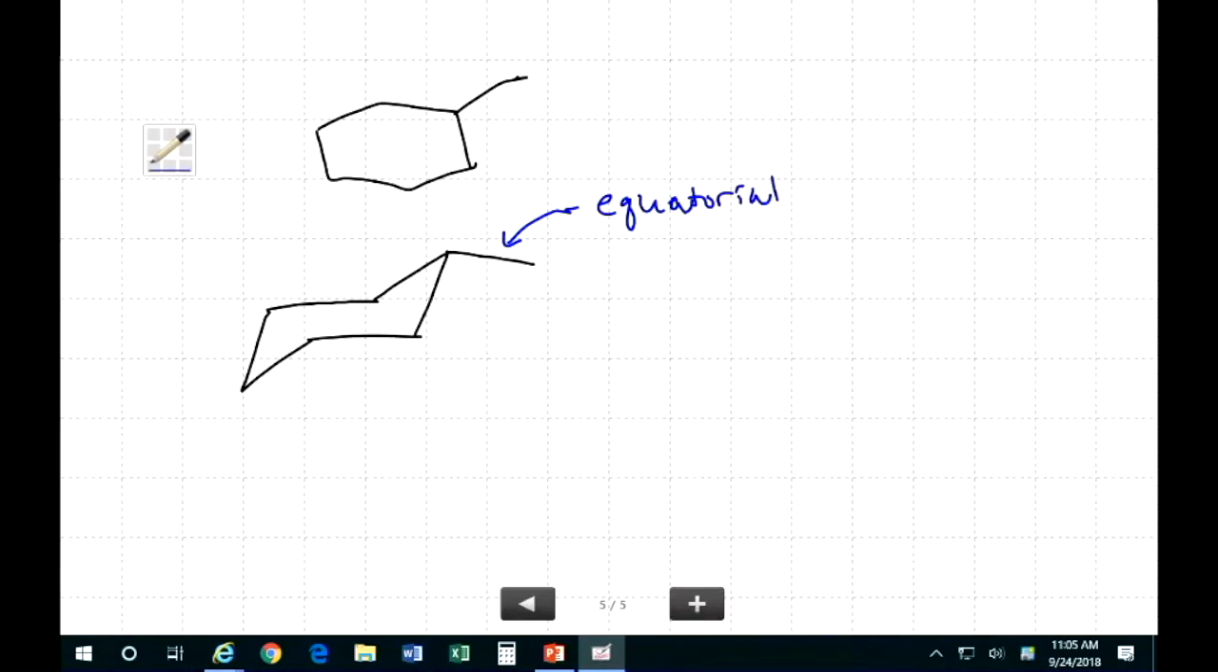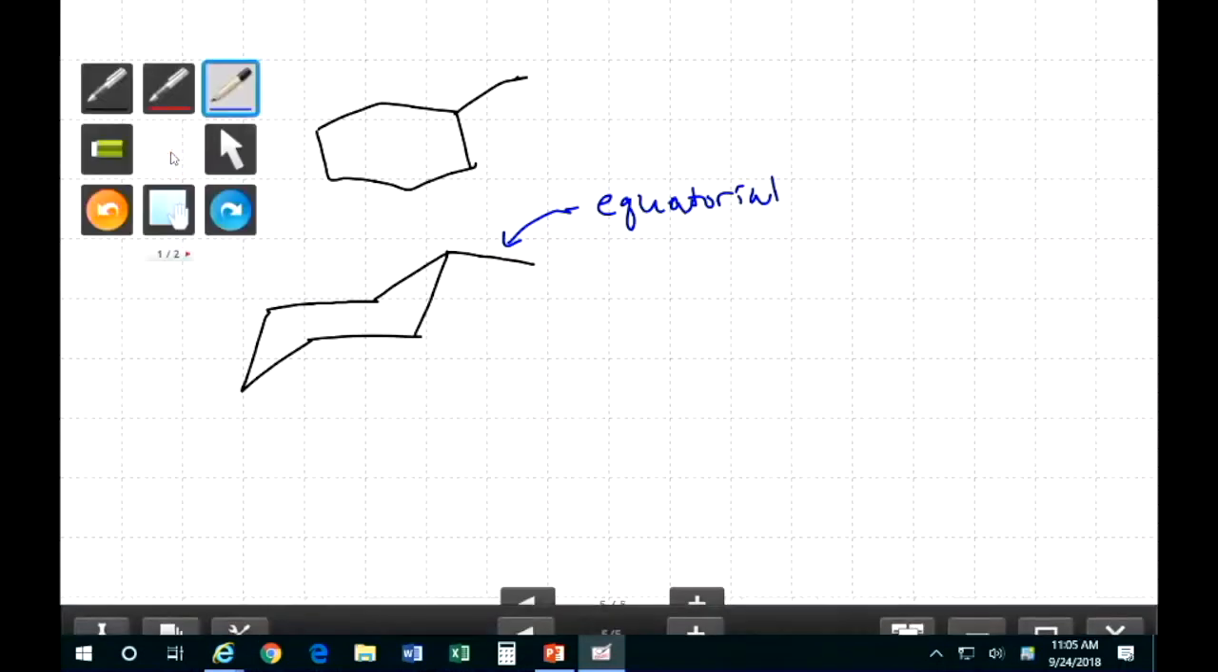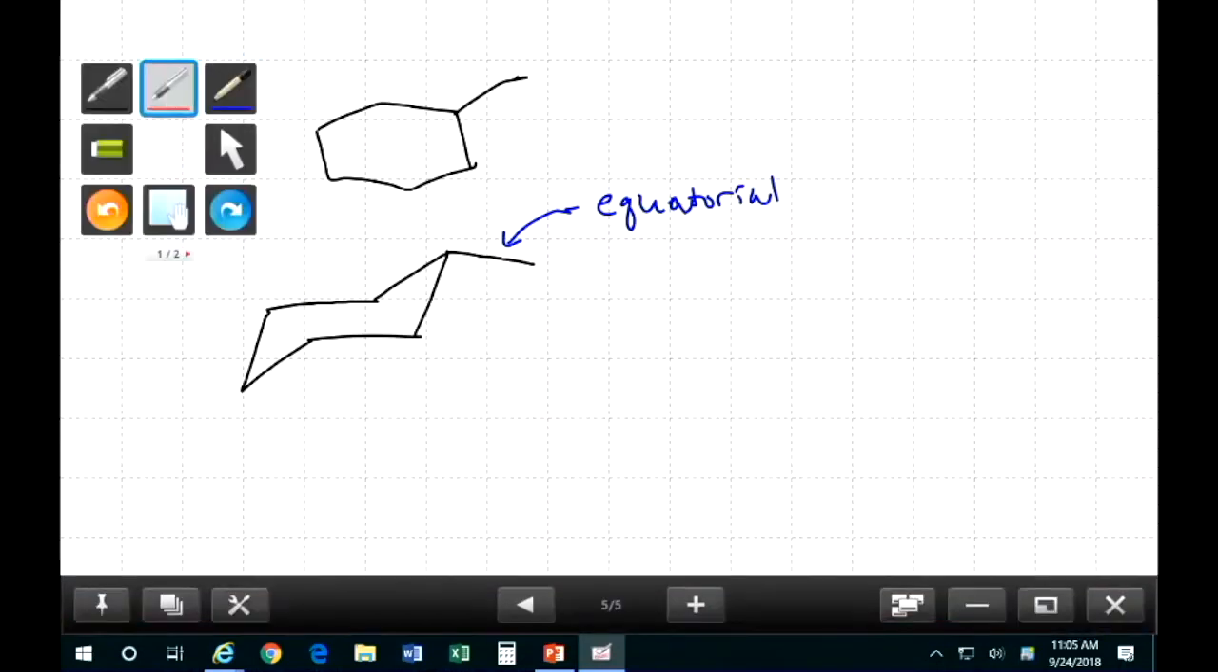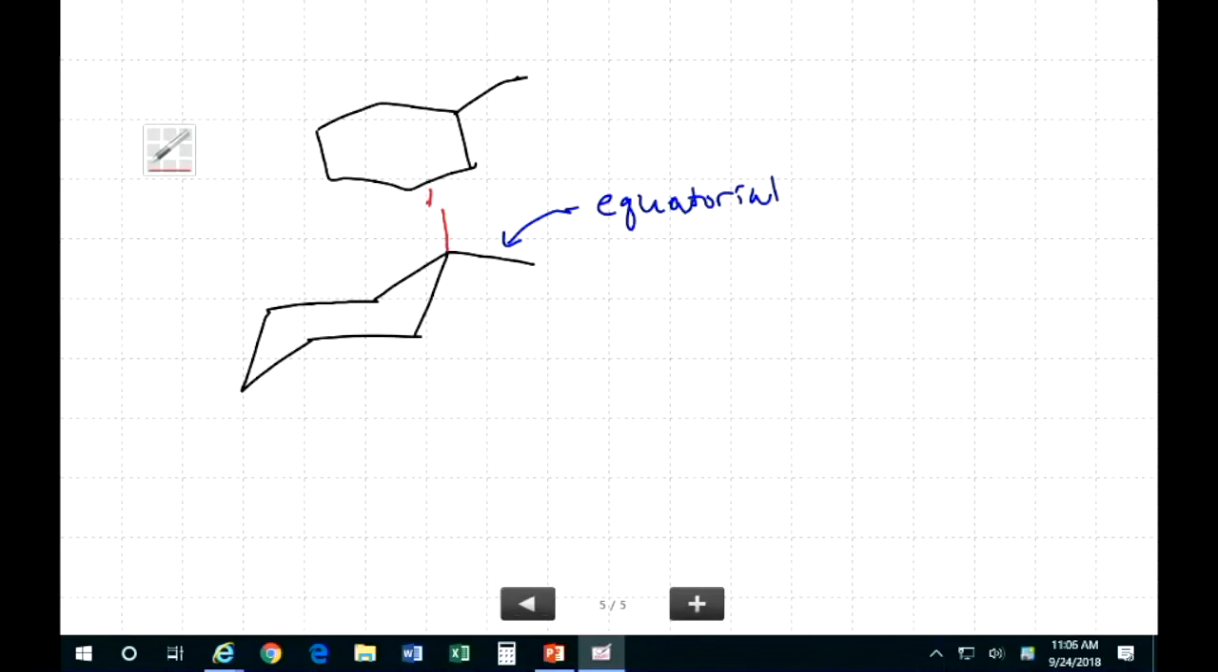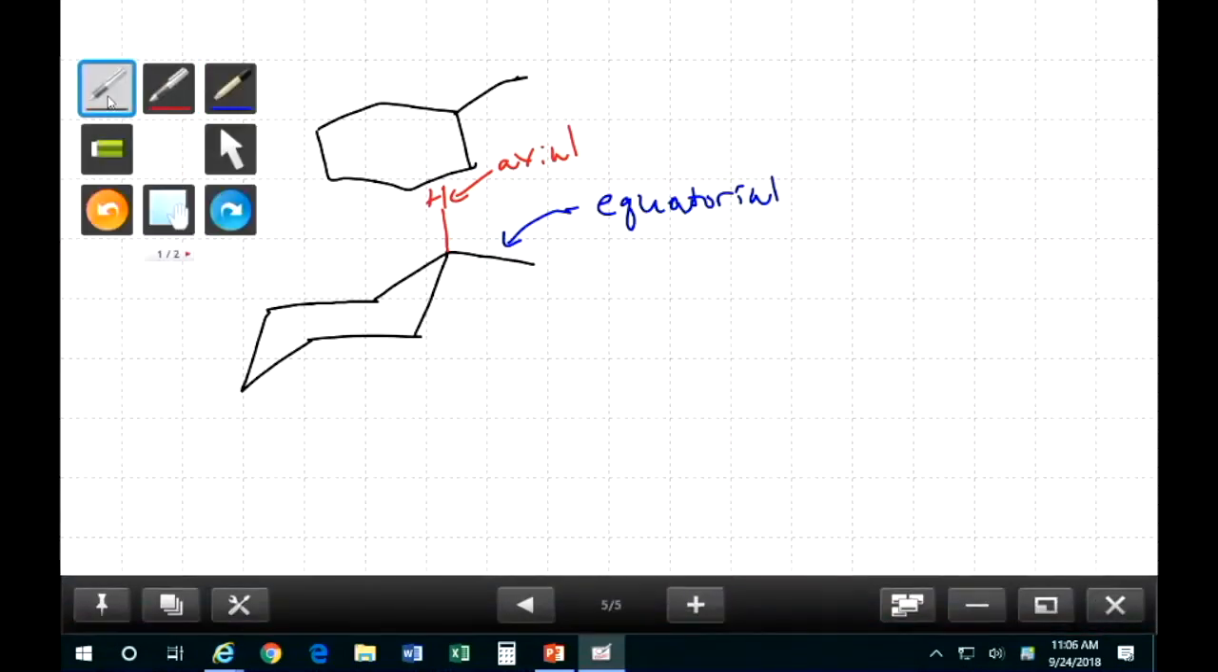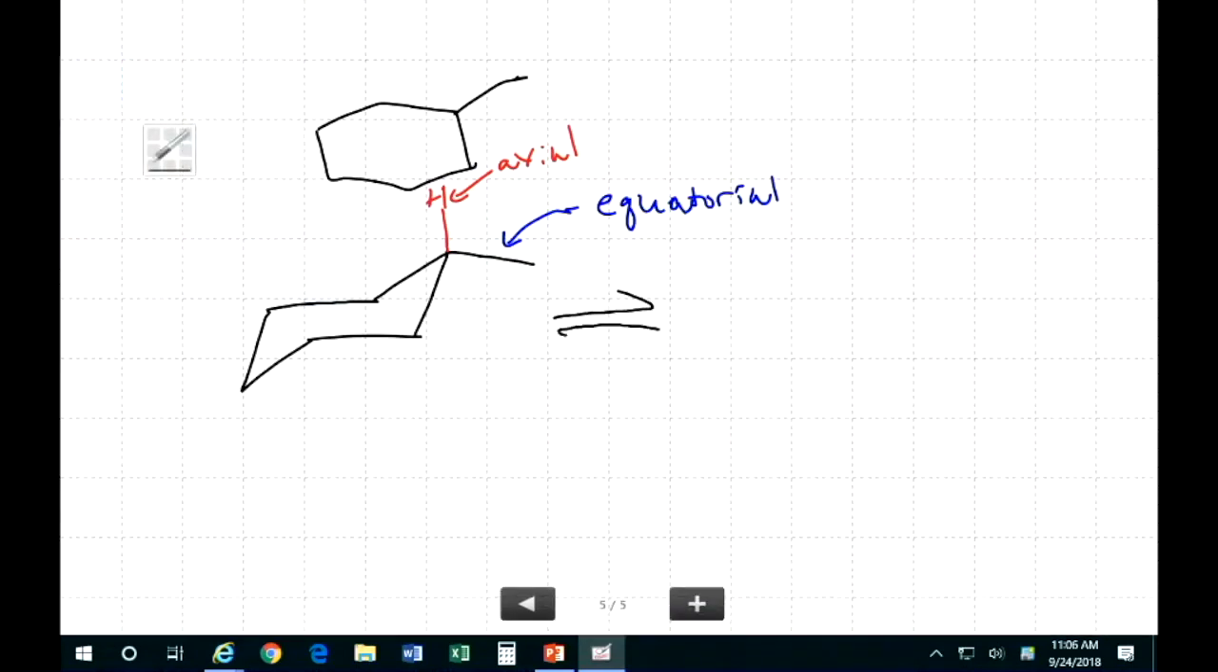So this methyl group is pointing right down and away. That means that, for reference, the hydrogen there is axial. It's pointing straight up. Now, if I do a ring flip of this molecule, the same ring flip that we've done,